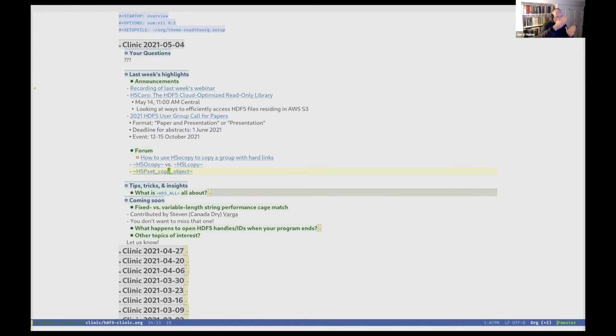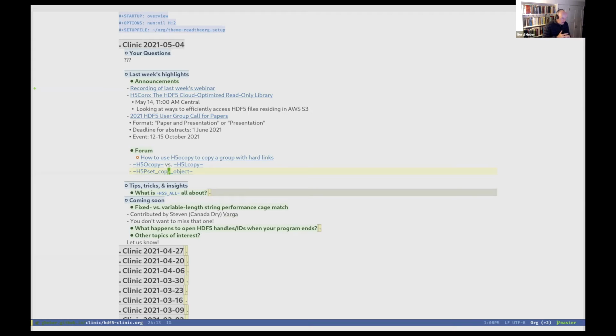And HDFView constructs this tree view control that you see typically on the left-hand side. So, of course, if the underlying link structure is not a tree, then what you see there will be a very distorted view of what's really in the file.